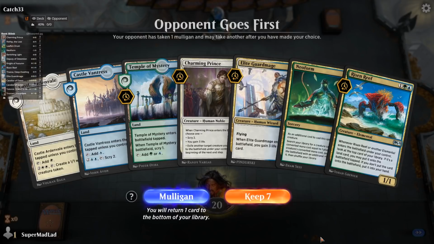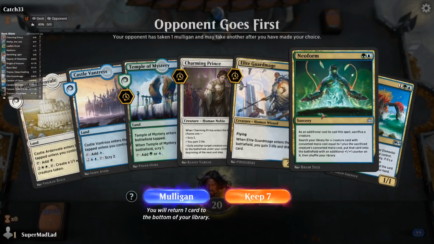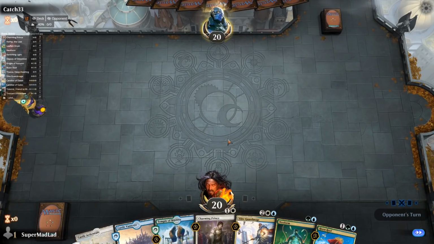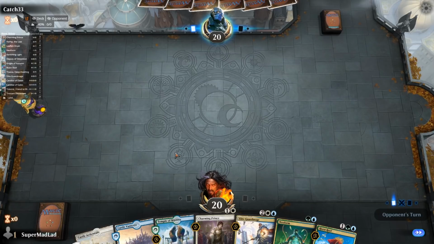Alrighty then, we're in, and we've got 3 tap lands in our hand, which is just charming, like the Prince. Other than that though, this hand's pretty good. We got a Risen Reef, which can become a Thassa with Neoform, we can flicker, we can get card draw. I actually don't feel too bad about this hand. We're also on the draw as well, so we're going to get an unknown card, and we've got the Temple to hopefully find some